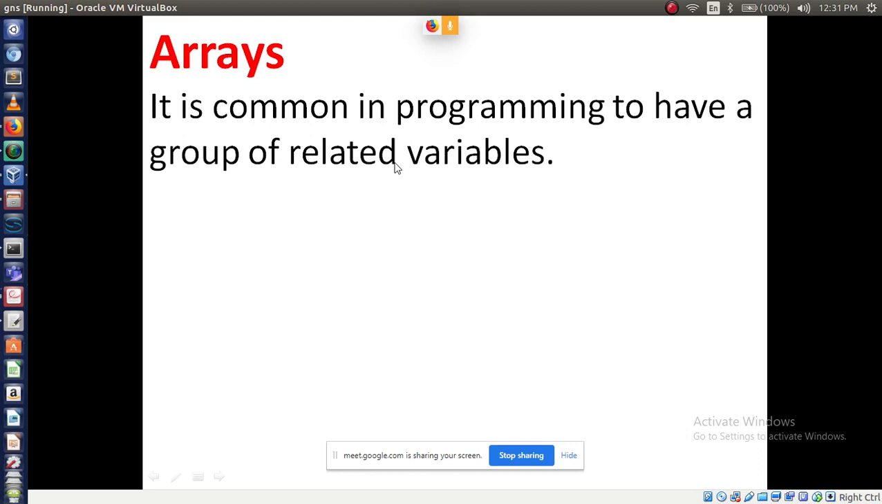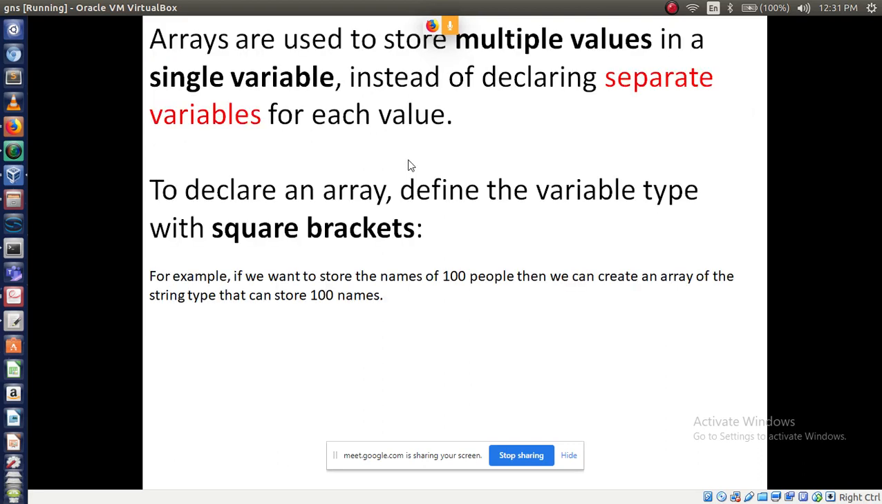It is common in any programming language. We have a group of related variables we can call arrays, right? So another way, arrays are used to store multiple values in a single variable. For example,